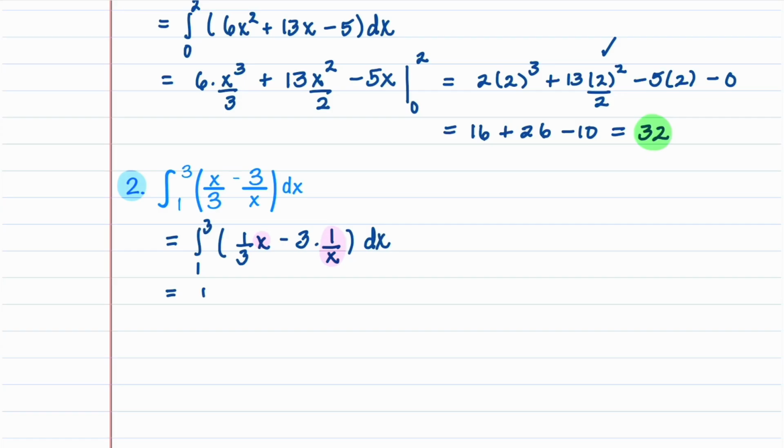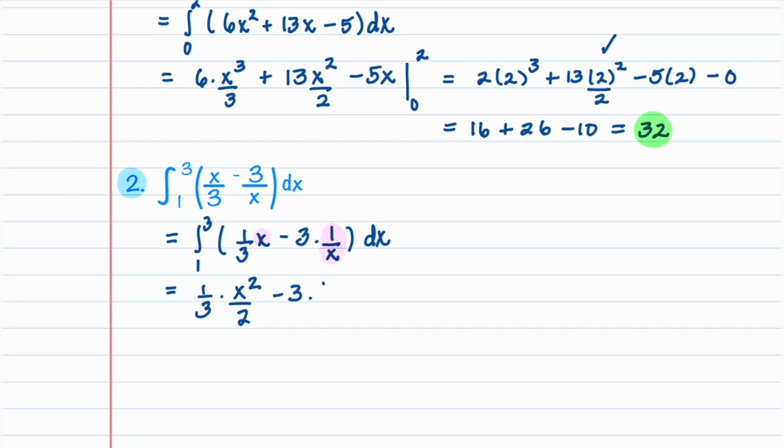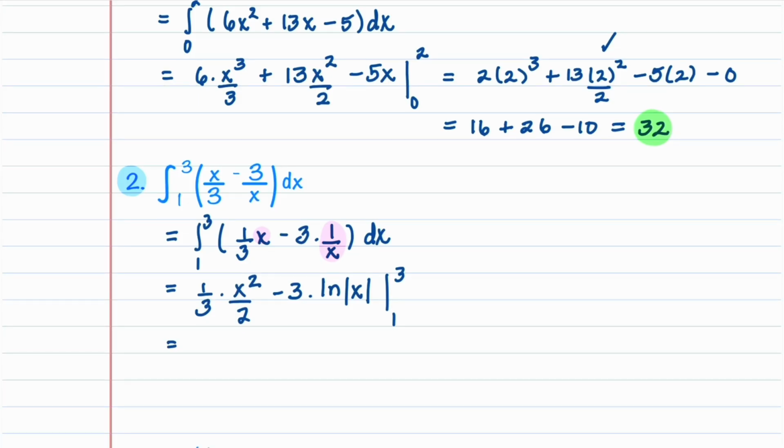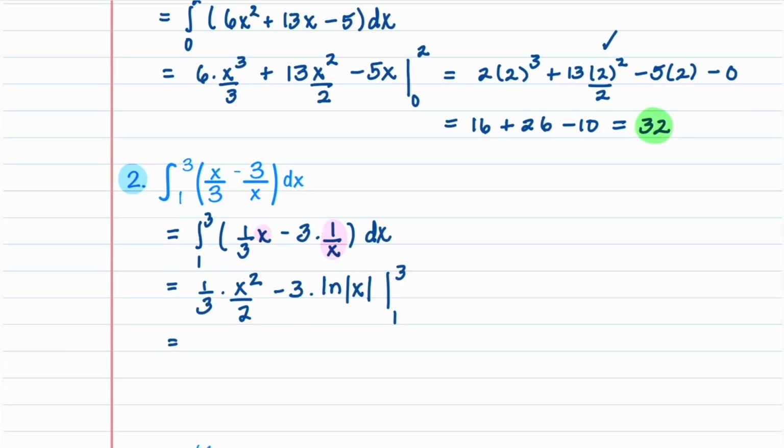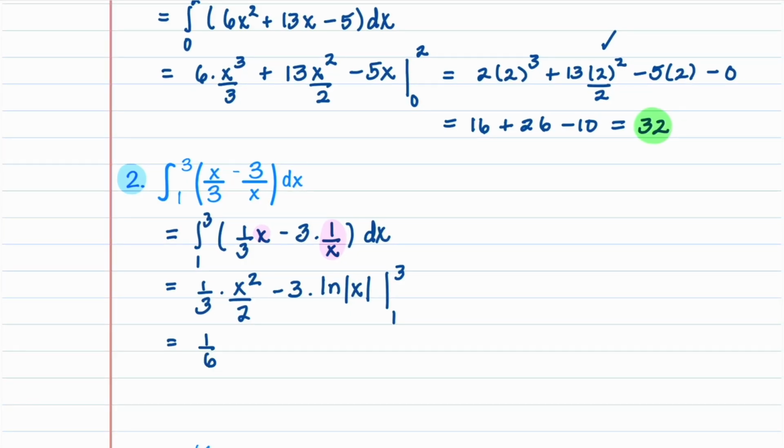This gives us 1/3 times the integral of x, which is x squared over 2, minus 3 times the integral of 1 over x, which is natural log absolute x. And we're going to evaluate this from 1 to 3. We're first going to substitute in the upper limit of integration, and we'll combine the 3 and the 2, so we have a 1/6, and then we have 3 squared, minus 3 times natural log of absolute 3, which is just 3,